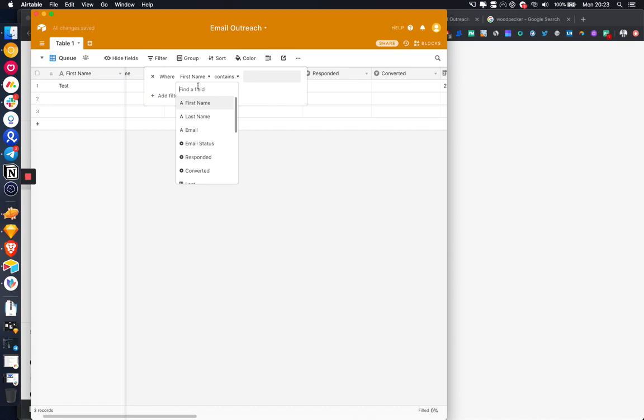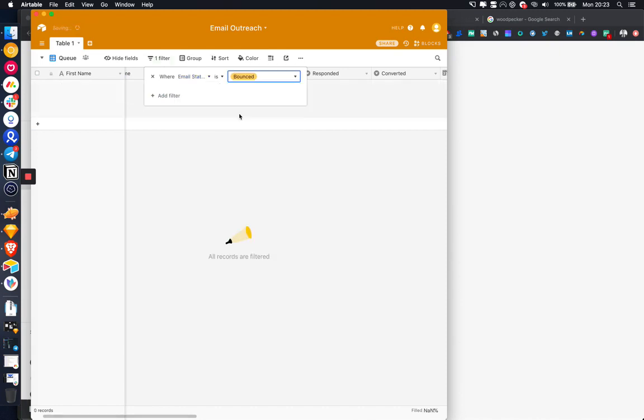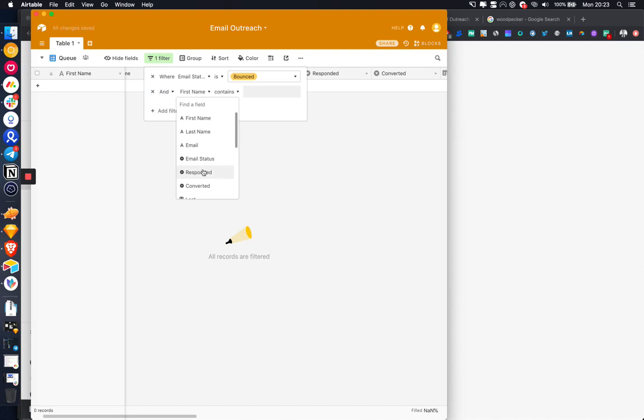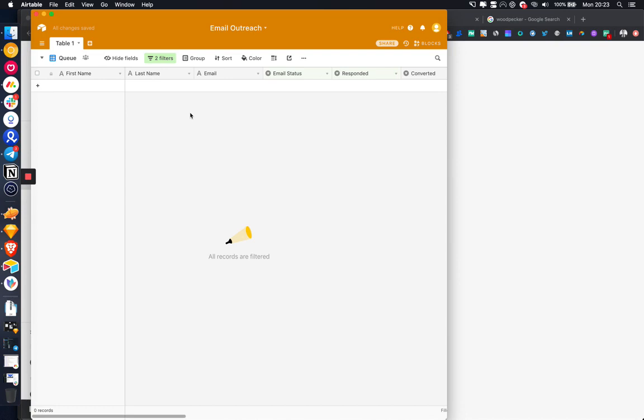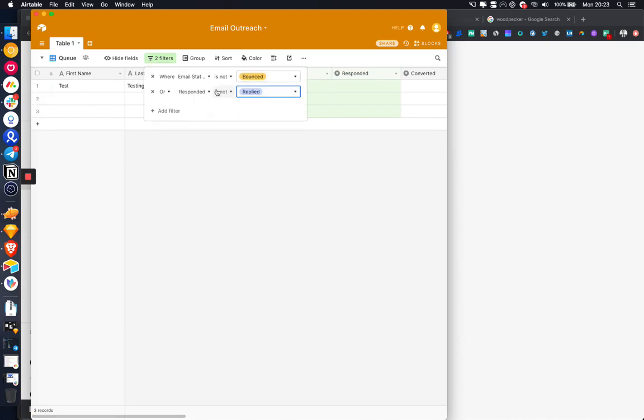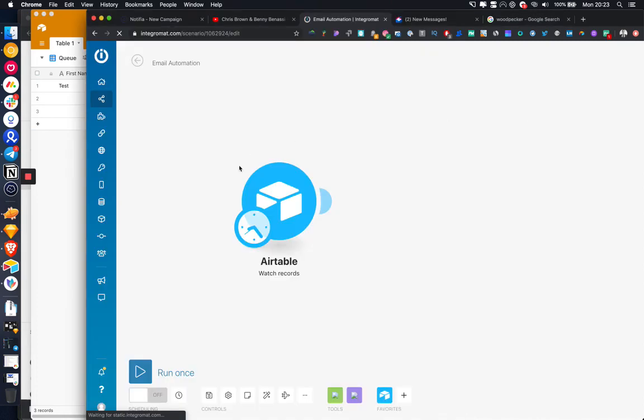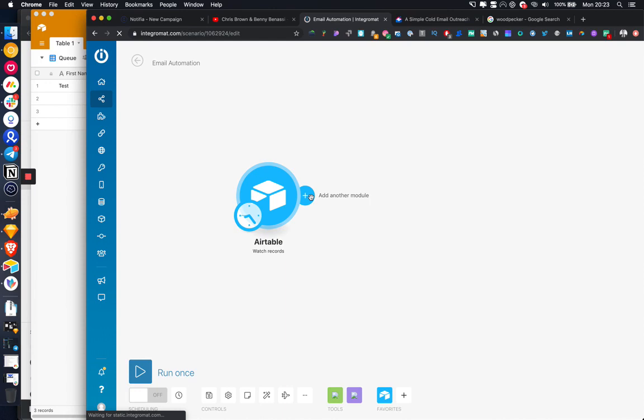Obviously we're not interested in sending emails to people if it has bounced or if they have responded. So we'll automatically filter out any people where that has happened. We're working from this view: email status cannot be bounced, and responded cannot be replied. If it is either of those, then they're automatically filtered out from the queue that we're sending to. So this Integromat automation is going to be pulling from this